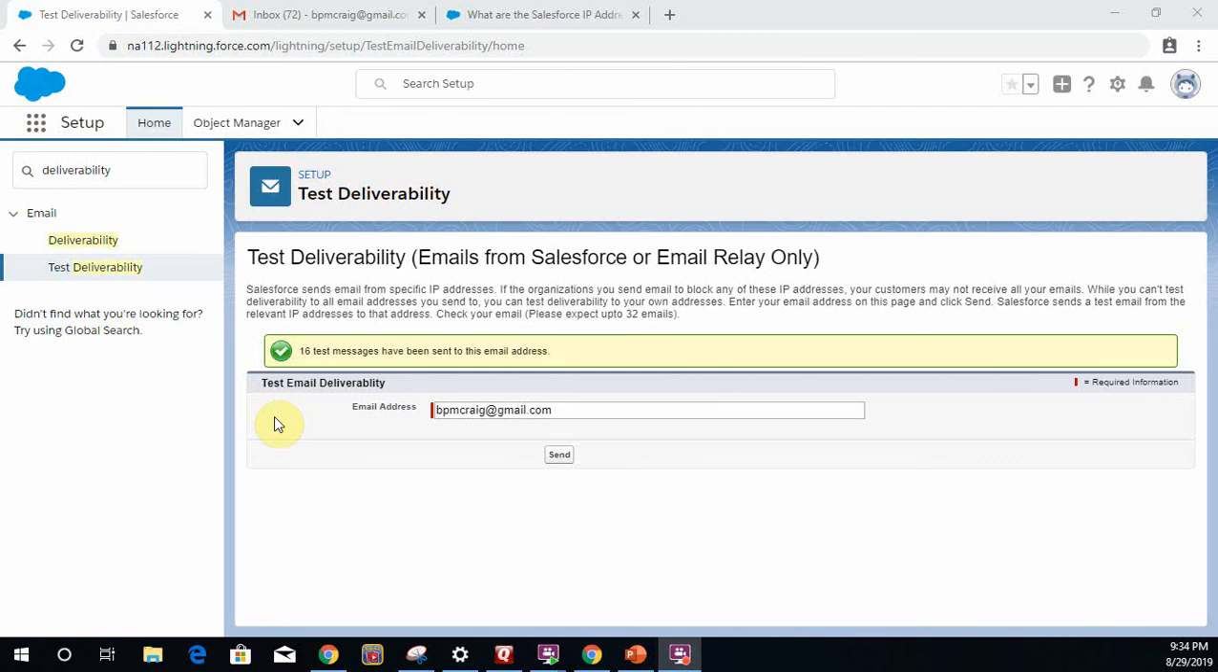I know I had the rules configured properly, and the emails were being sent. It's just that the org was blocking them. Now I was able to figure this out pretty quickly, because I've had this problem before. The way that you test to see if you can receive all emails from Salesforce is you go to the setup menu, and under email there's this test deliverability function, and in here you put in your email address